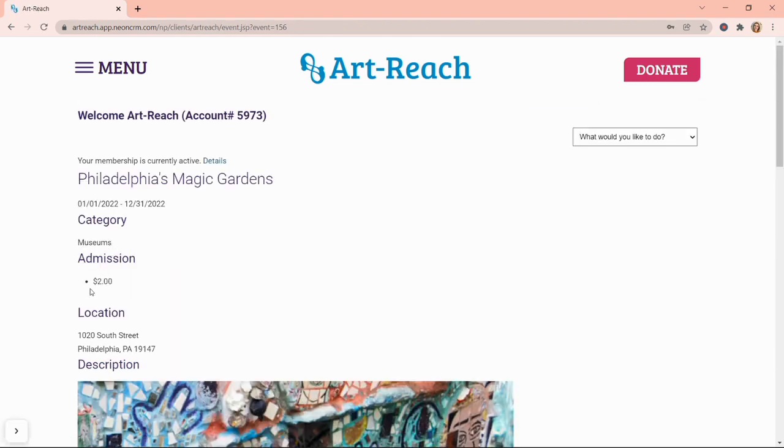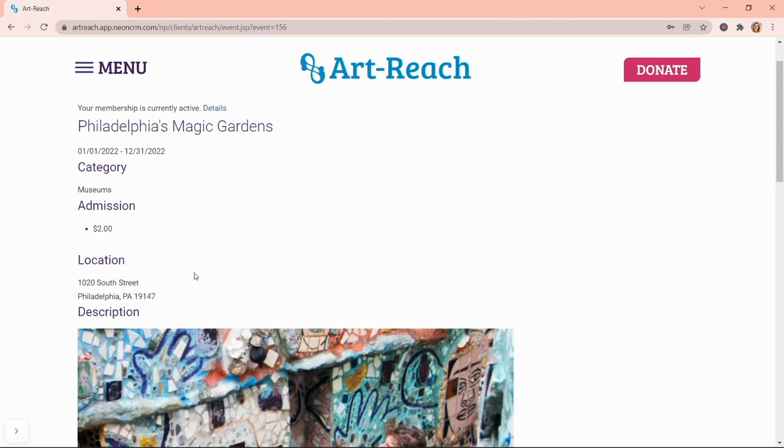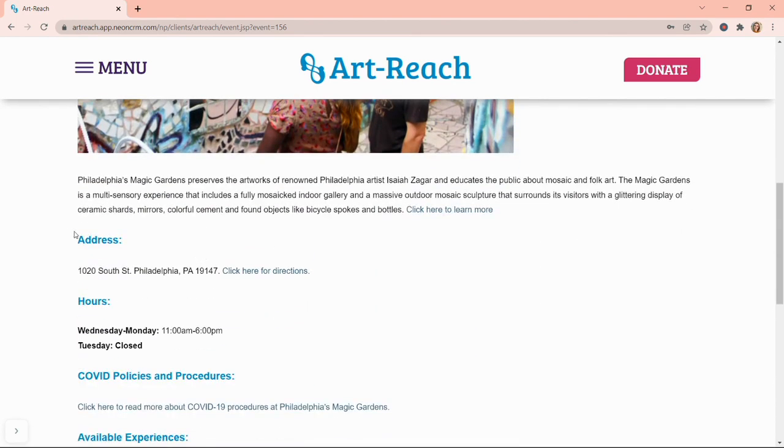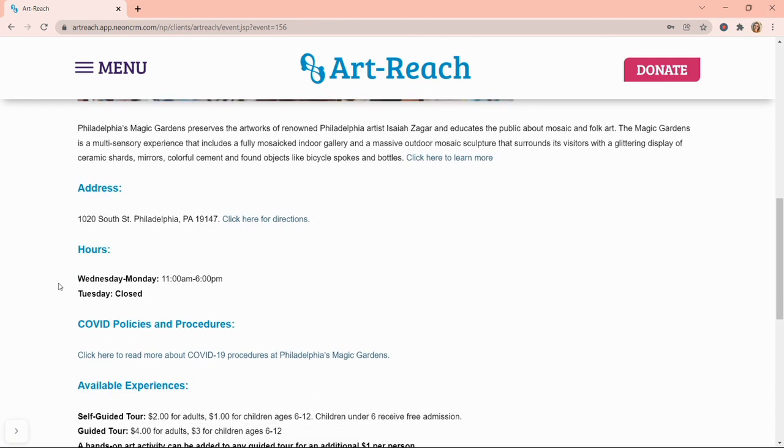We can see the price per person, which is $2 per person, as well as the location. And scrolling further down on this page, we can just see a description of what type of museum this is or what types of experiences they offer, their address, as well as a link to directions, their operating hours,